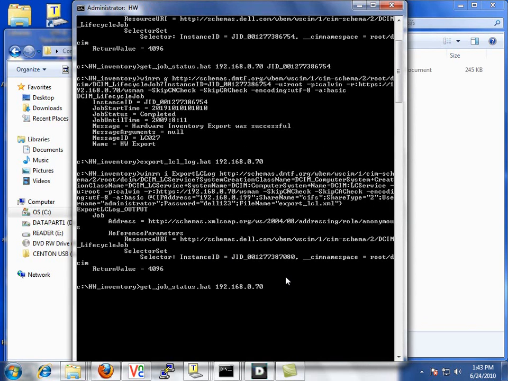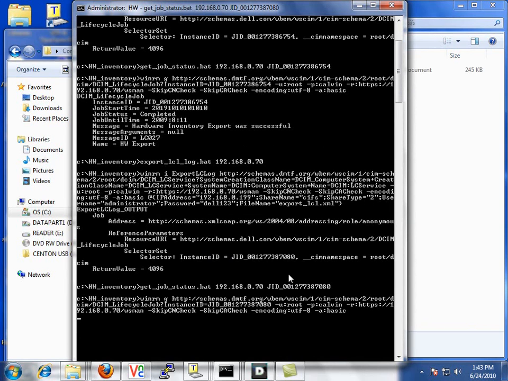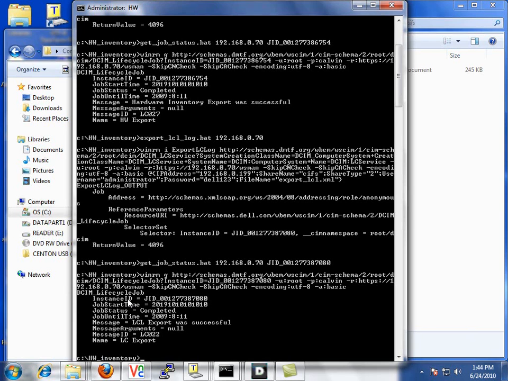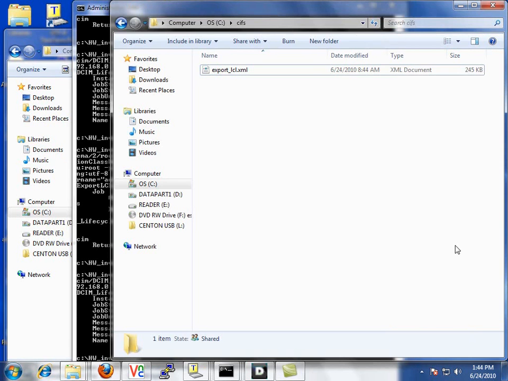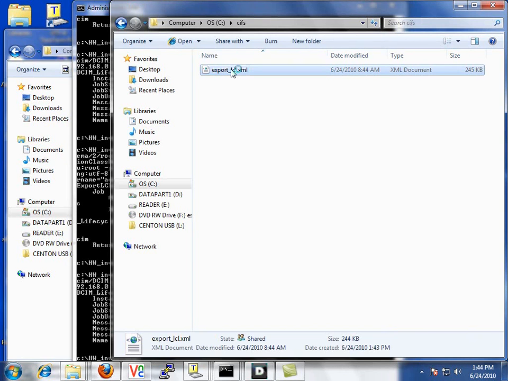So we'll get job status of IP address of the controller and the job ID. And we'll see that this should return completed. Lifecycle controller log export was successful. And now again, we can use any one of our favorite XML viewers, or simply open this file in IE